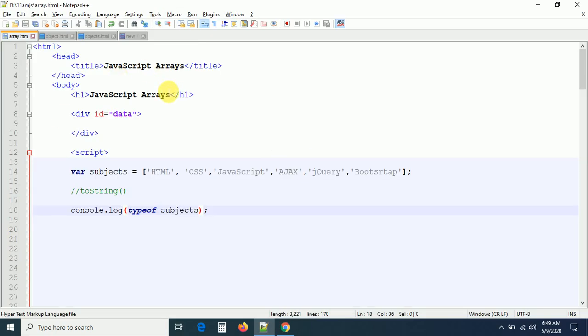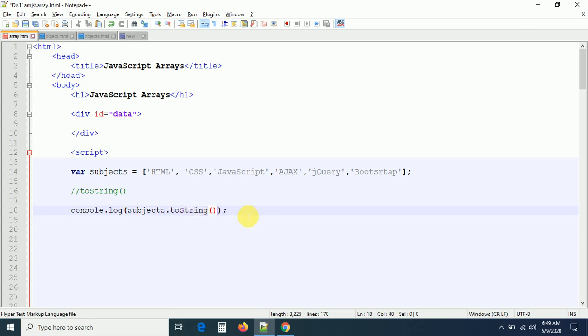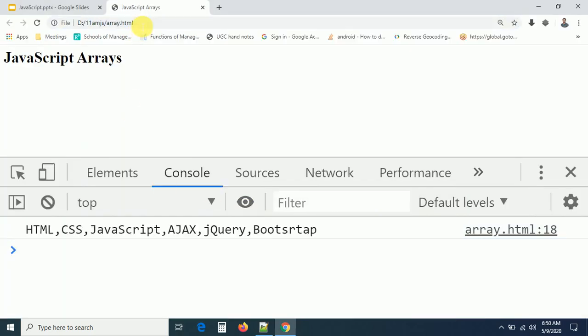So I want to convert this object into a string. To do this, guys, we have a method called toString: your array dot toString method. You can just apply toString with a capital S in the middle. JavaScript is case sensitive, so we have to write it as it is. In the same manner as it is mentioned, we have to write it. Now can you see it is converted into a string, right?